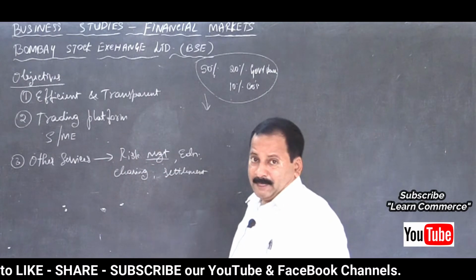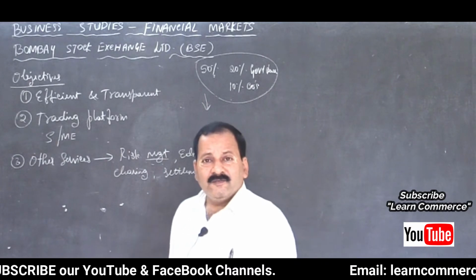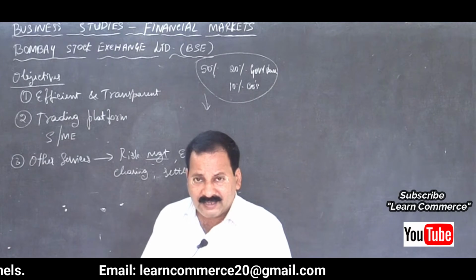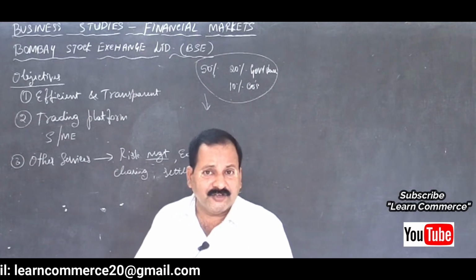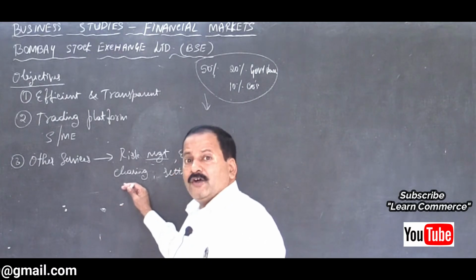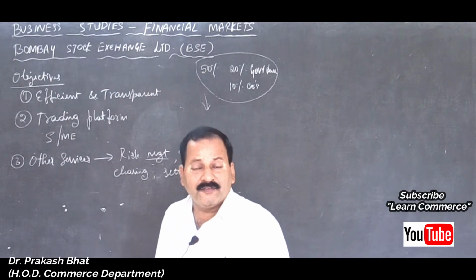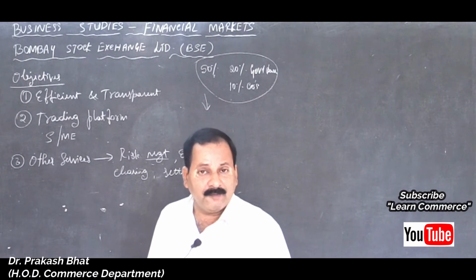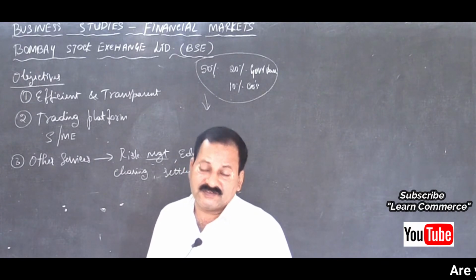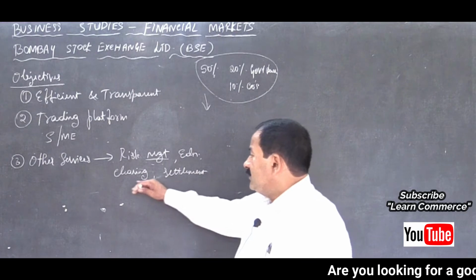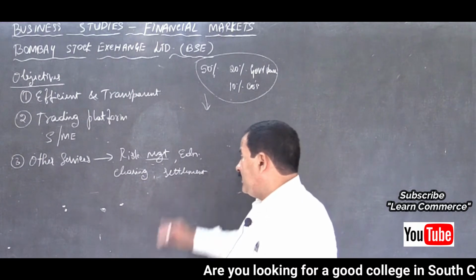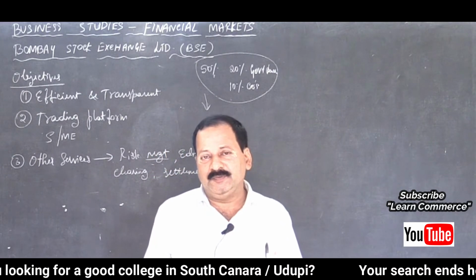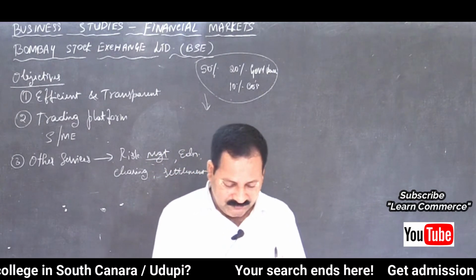And clearing, in the sense, when a trading is done, one deal is done among the buyers and sellers, among the investors, then proper clearing of the amount, the settlement, on the settlement date, they have to clear. The person who bought must pay money, and the person who sold must receive the money. That is clearing. So to have discipline in clearing and settlement, the BSE has been established to bring discipline in the stock market.